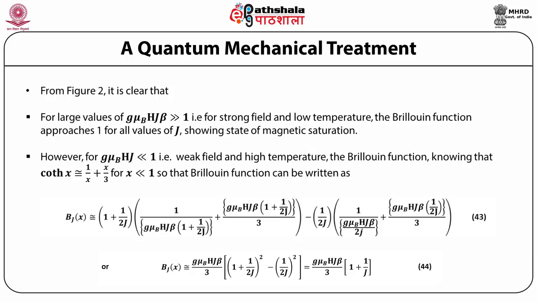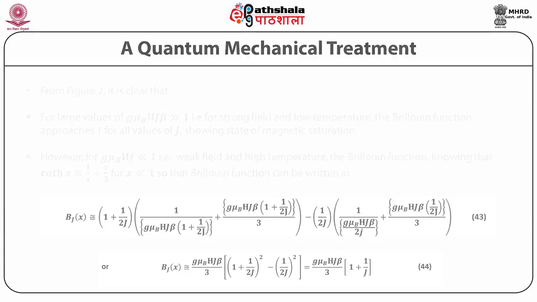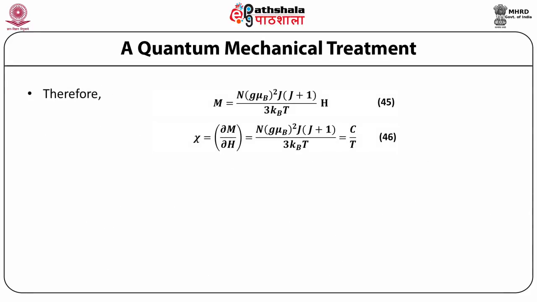or B_J(x) is approximately equal to g mu_B H J beta divided by 3 multiplied by [(1 + 1/2J) whole square minus (1/2J) whole square], which simplifies to g mu_B H J beta divided by 3 multiplied by (1 + 1/J). Therefore, M is equal to N g mu_B whole square J(J+1) divided by 3k_BT